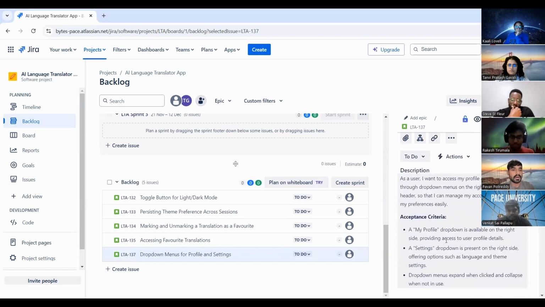Yes, what is the Figma design we are thinking of? Where is the history button we are going to keep? Is it under the profile, or are we going to have a separate button for history? So how are we planning to do that? I think the way we thought of doing at first was to have a settings bar which takes us to a new page where there is history and favorites as separate things.